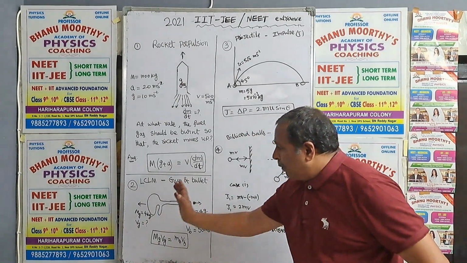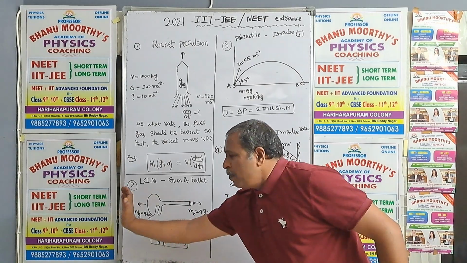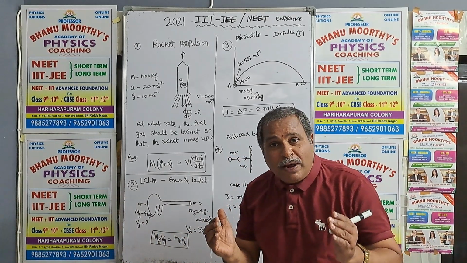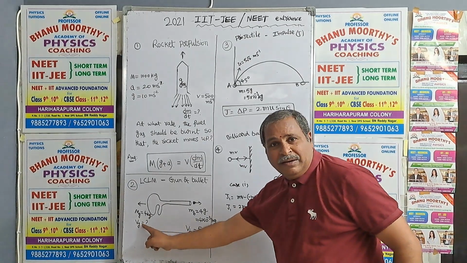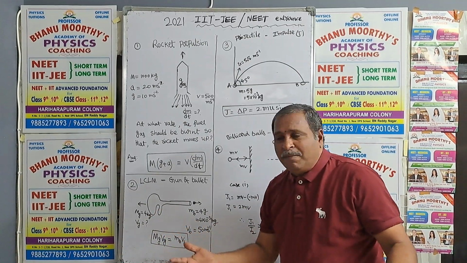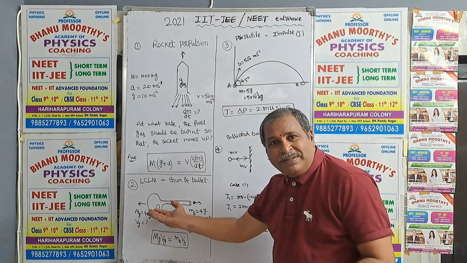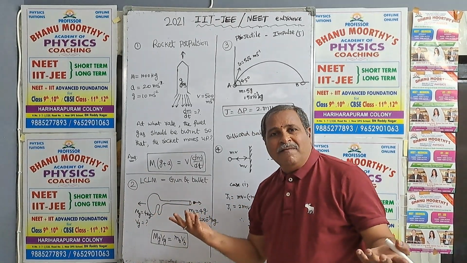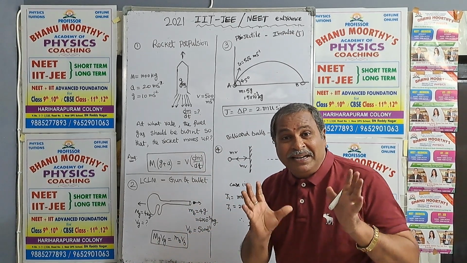Now here the barrel of the gun having mass m, 4 kg given, moves back. This is called recoiling velocity. So my students, they asked this question: what is the velocity of the gun? Mass of the bullet given, velocity of the bullet is given, and the mass of the gun is given. He is asking the velocity of the gun. Very simple problem they asked in 2021.